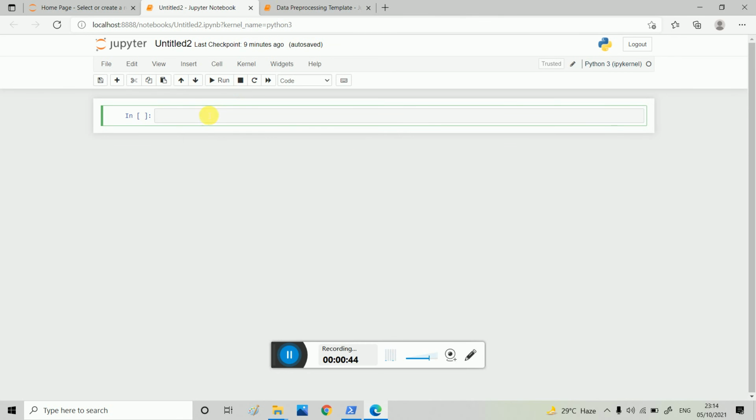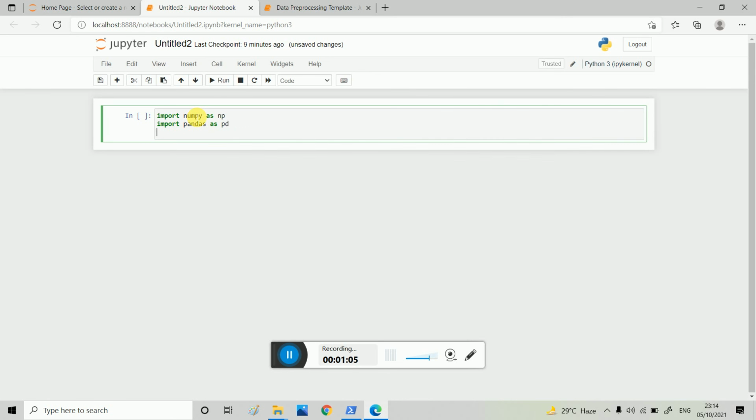Here, firstly I am importing the libraries, all of which I have told you about. Import numpy as np, import pandas as pd.